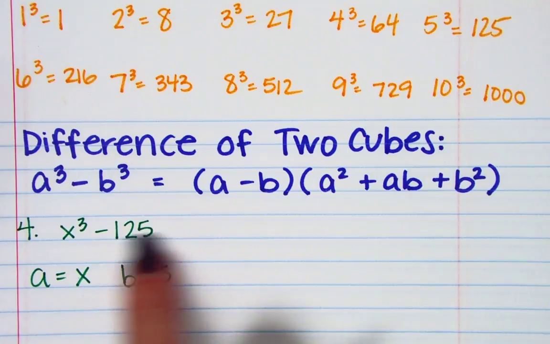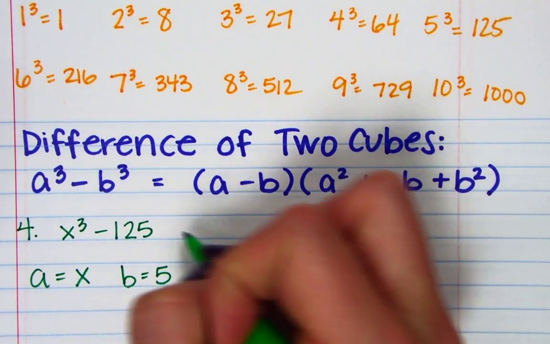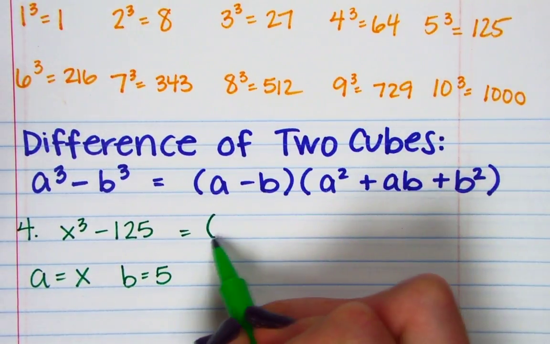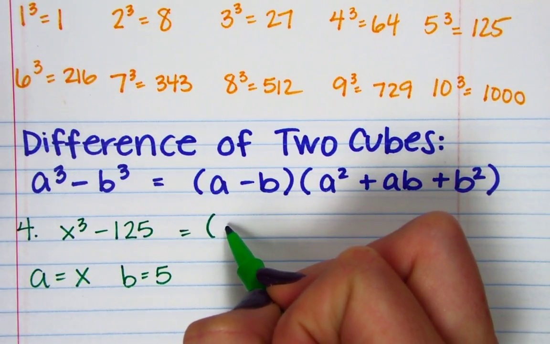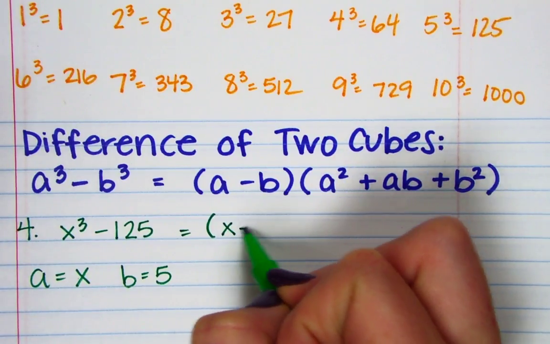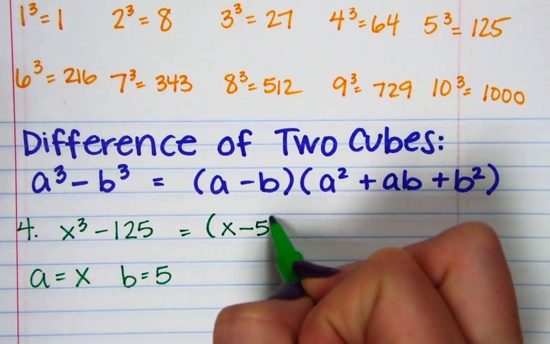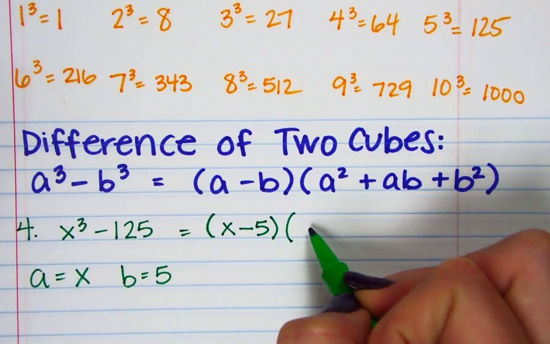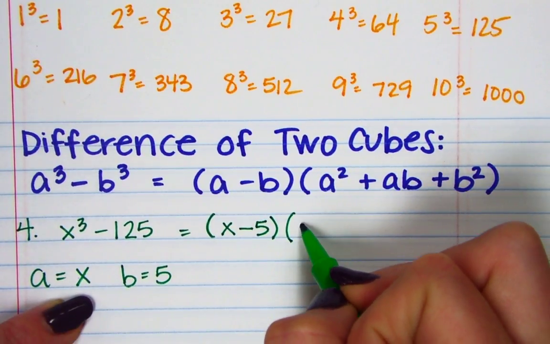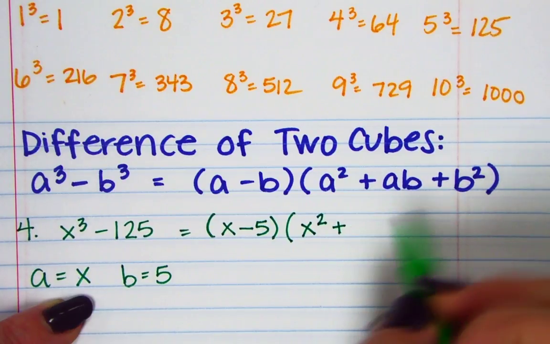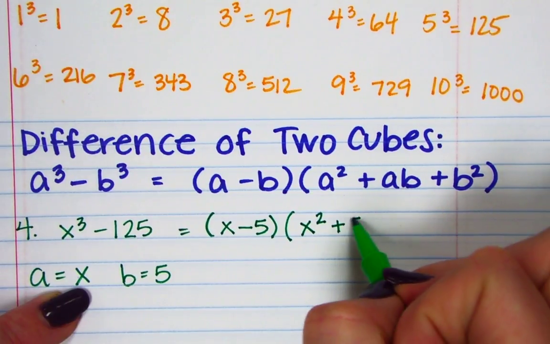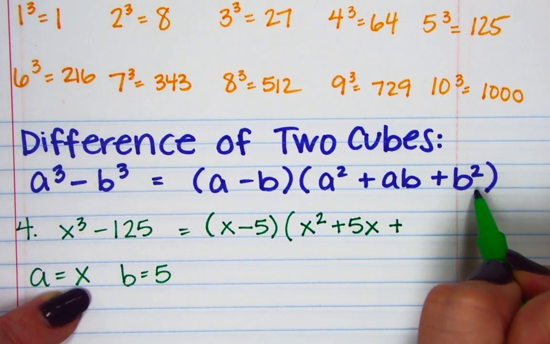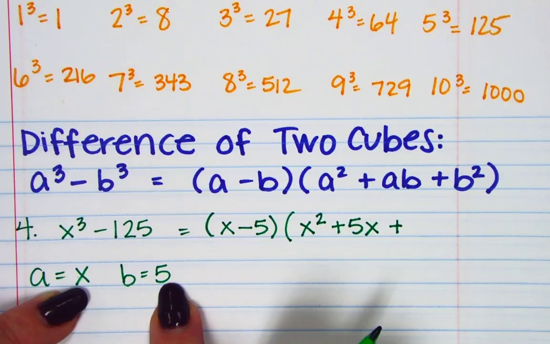Then to find the factors, instead of having to factor it like we did, we can just plug it into this formula. So it'll be a minus b. In this one, what's a? x. x minus, what's b? 5. Times a squared, so x squared, plus a times b, ab. So what's x times 5? 5x. Good. Plus b squared, 5 squared. All right, squared is just